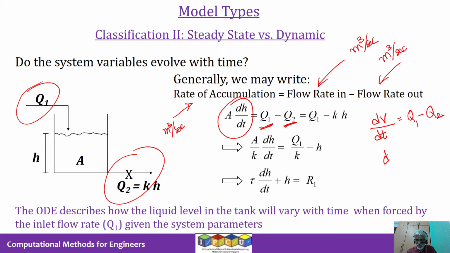That means we are saying the rate of change of mass of water in this tank equals the mass in minus the mass out. So this is the conservation of mass of water in the tank. But we all know that mass is nothing but volume times density. Therefore, I can write this as d by dt of the volume of water in the tank times the density of water equals the density of water multiplied by the volumetric flow rate of water into the tank minus the density of the water going out times the volumetric flow rate of water going out.